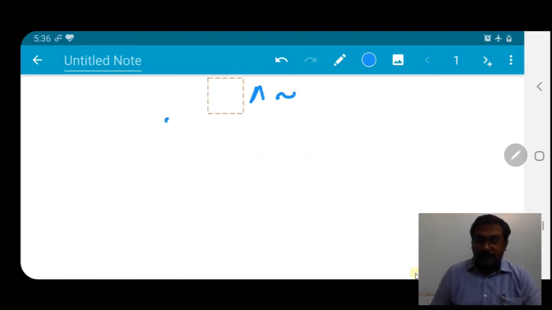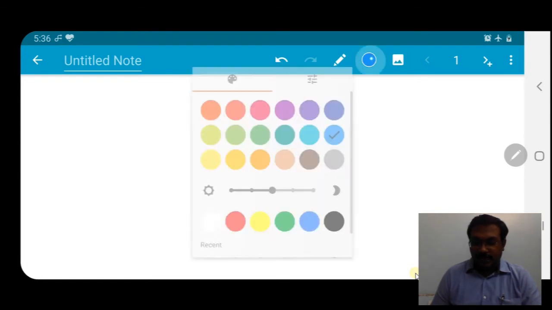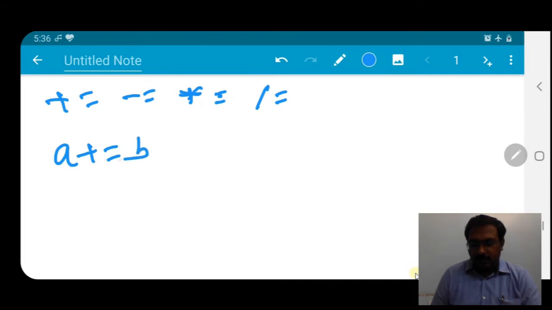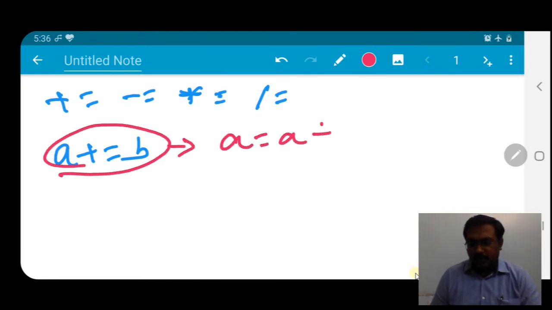And at last we have some special expressions: plus equal to, minus equal to, multiply equal to, divide equal to. Fine. So what are those things? If I write a += b, what does it indicate? It indicates a equal to a plus b.